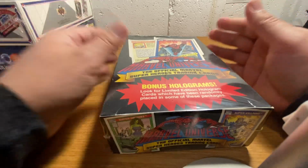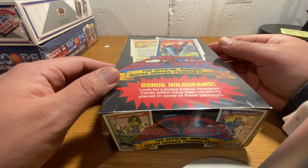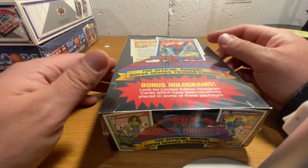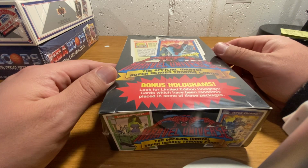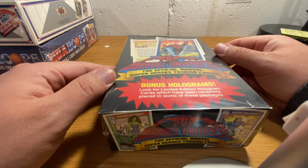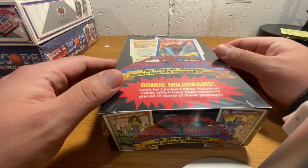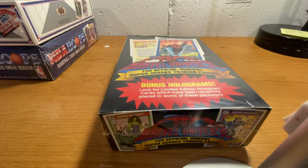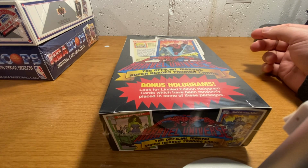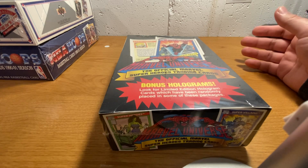So this product has an interesting history. I remember this when I collected cards back in 1990 as a kid. And I remember the cards in the packs being fairly sought after. I always said to myself, well, this is kind of like Spider-Man's rookie card, even though Spider-Man's been around since the 60s. So I always thought maybe they'd have some value, but I never had anything unopened. But about, gosh, I think it was about 3 years ago, maybe almost 4 years ago, in 2017, when I